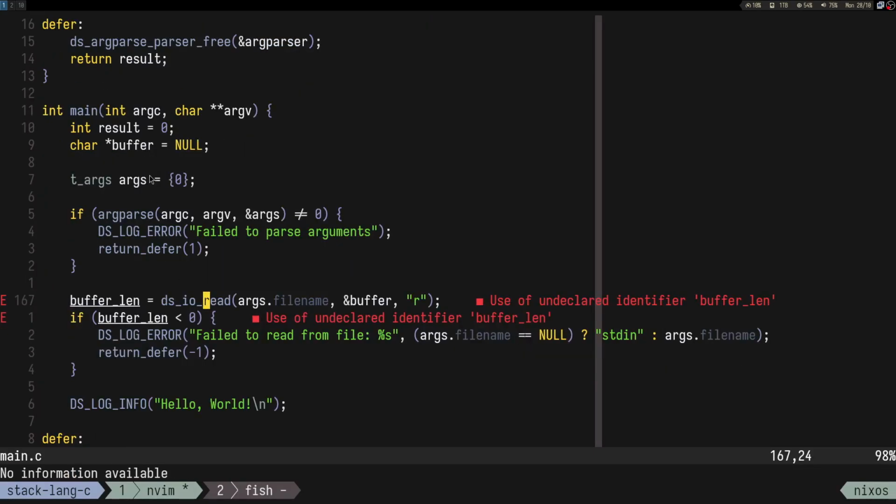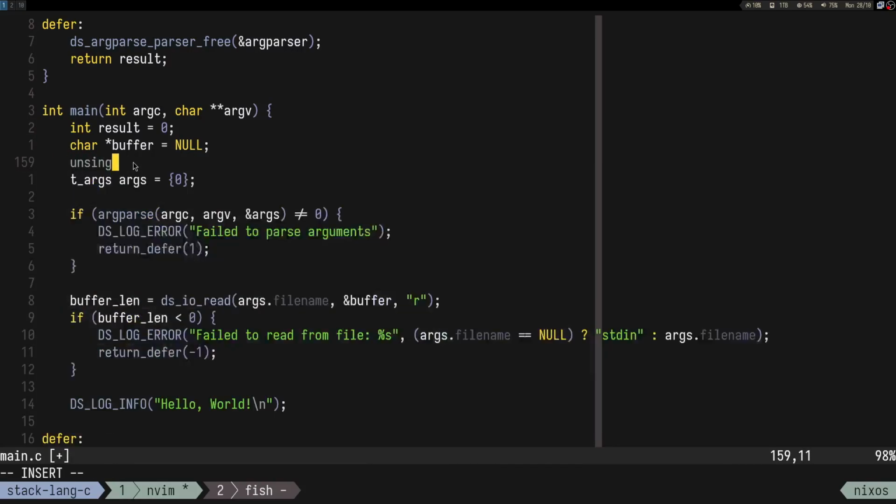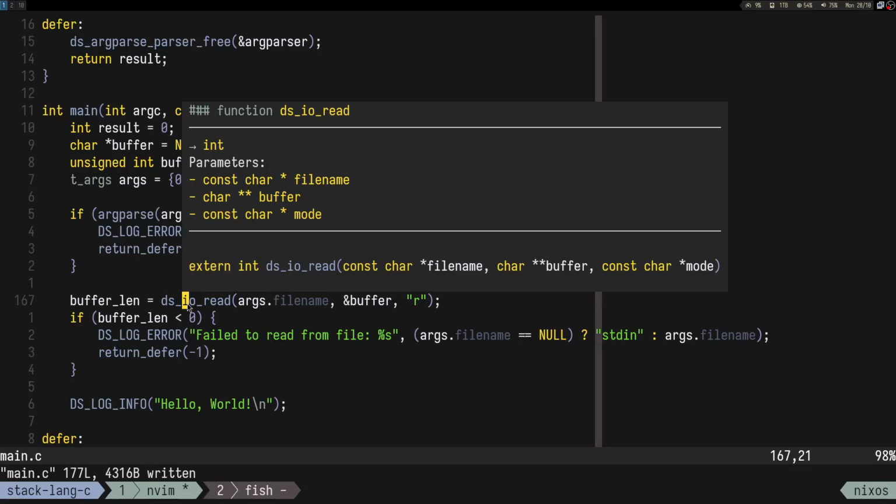Information, I think it's an int or unsigned int. Unsigned int buffer len. Yeah, I mean, it's just an integer, but